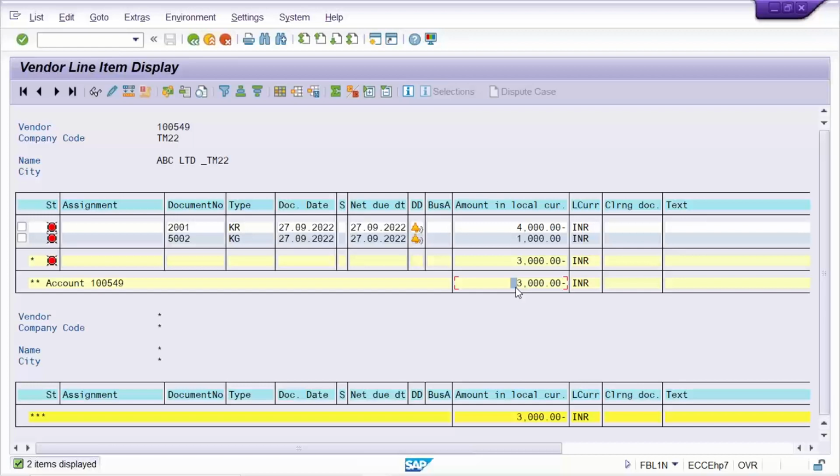Now the question is, 4,000 is also open here and 1,000 is also open. Both are open. In that case, when is it going to be cleared? Of course, it will be cleared once you make the final payment. So we are going to make the final payment worth 3,000. So when you make a payment of 3,000, then this 4,000 and 1,000 both